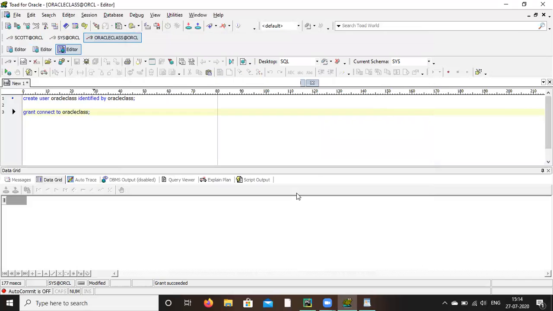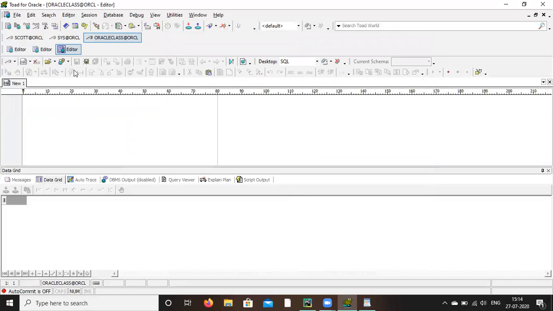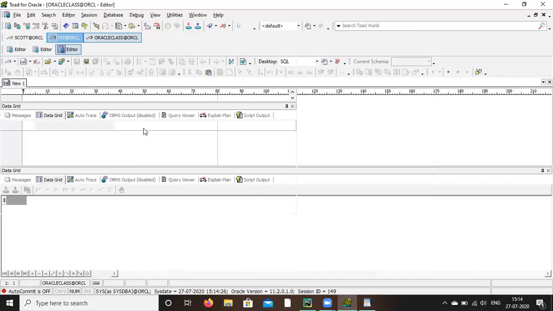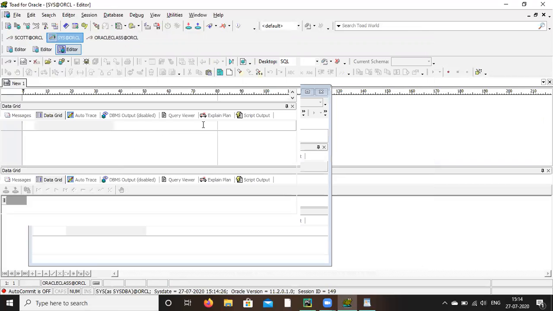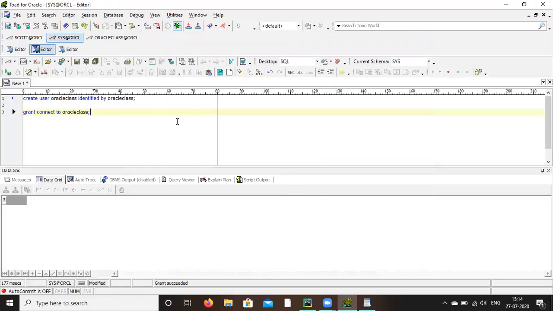Now we have only given the grant to connect. Now do select star from some table. In which connection? There. Oracle class, that editor.